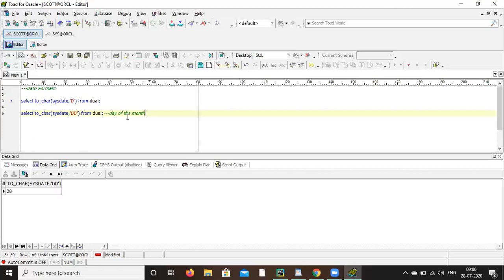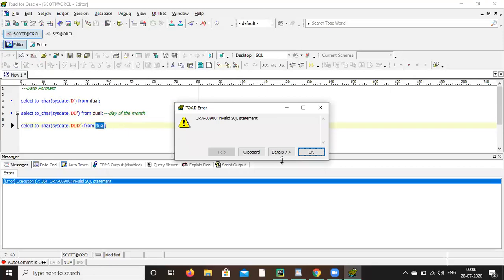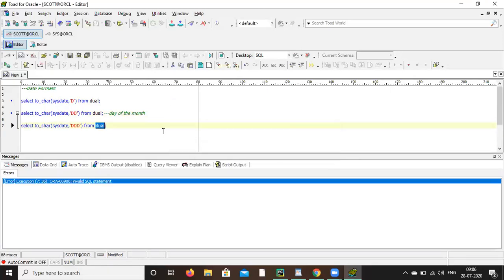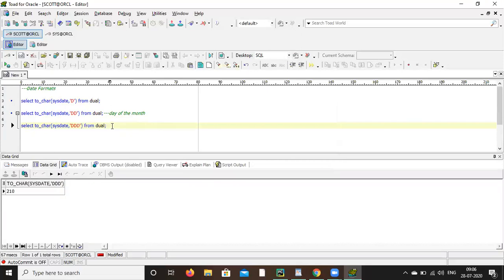Day of the month. Now do triple D. Triple D means, no, if you select dual, it is running only dual. So triple D means this is the day of the year.